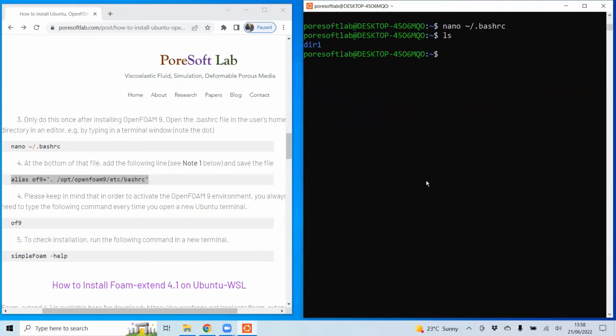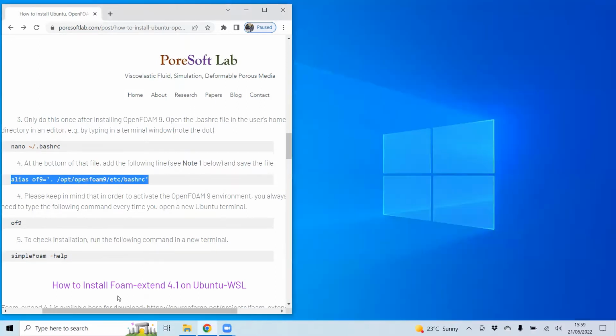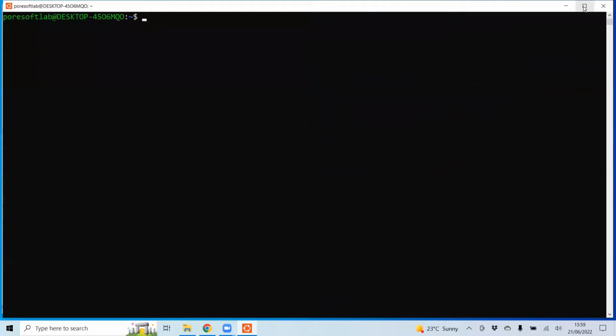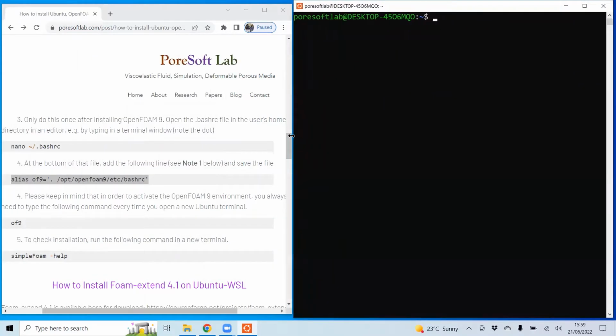So now the compilation and installation of OpenFOAM 9 is complete, and now we can close this terminal and again open Ubuntu, and to activate the OpenFOAM 9 environment in Ubuntu, we need to use this of9 command.